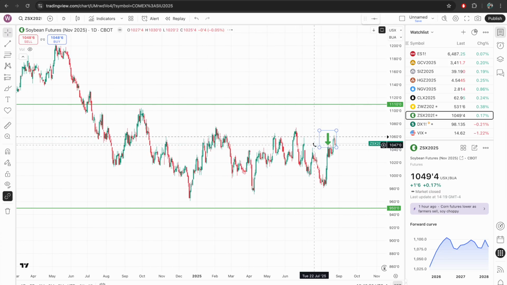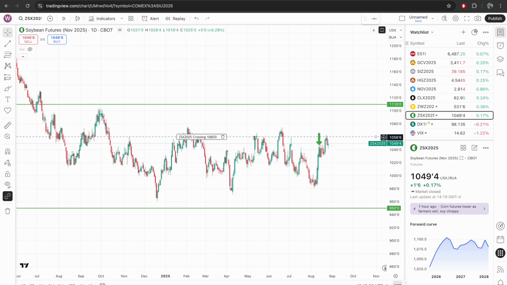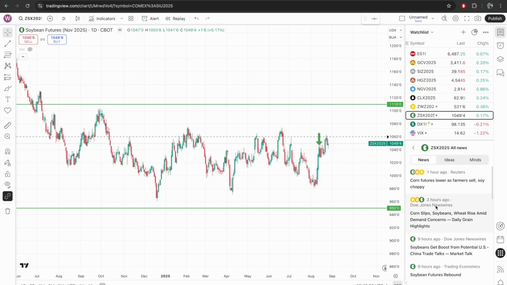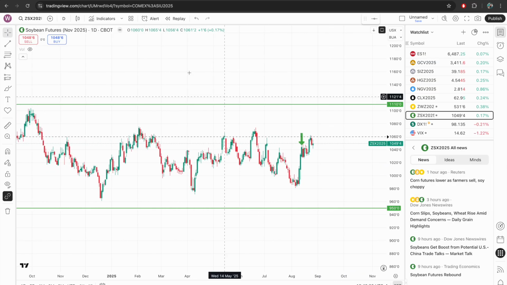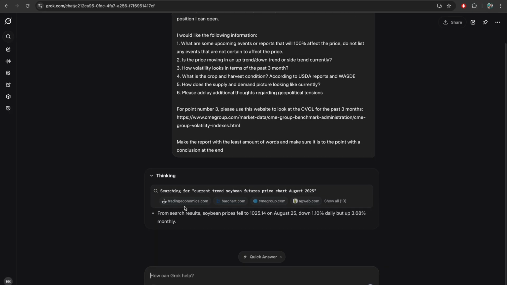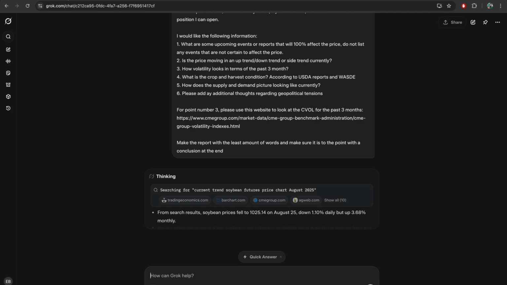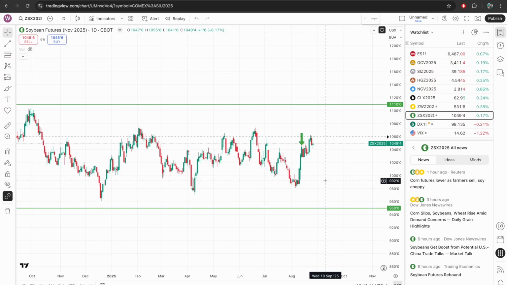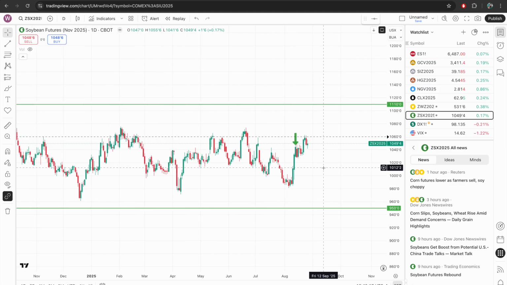And basically, if we look at the price, it's kind of moving sideways for the most part. And I've already done my own analysis based on the news and what's going on. But let's see what we get here. Oh, it's still thinking. Well, that's way longer than usual. Maybe we get a better answer right now. Maybe not. But generally speaking, what I found myself, and then we can compare to the AI, is the harvest